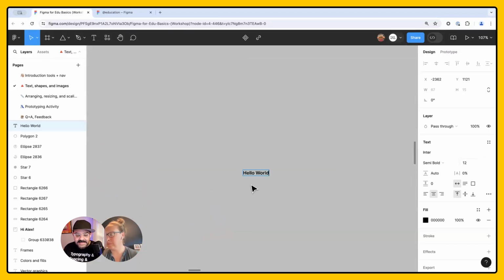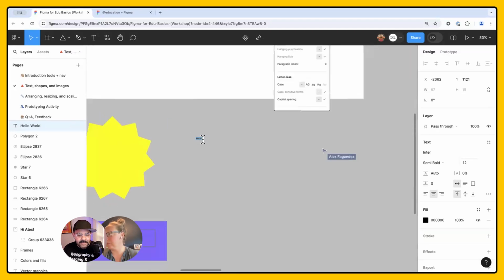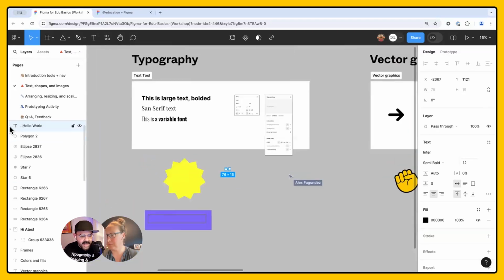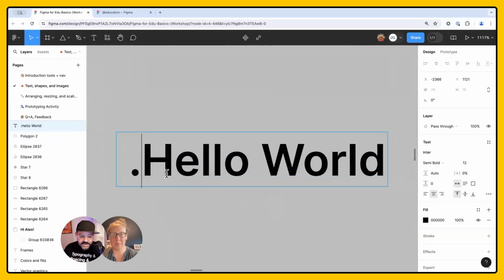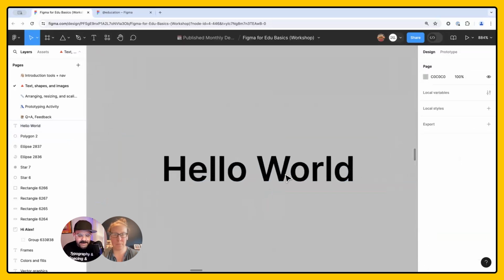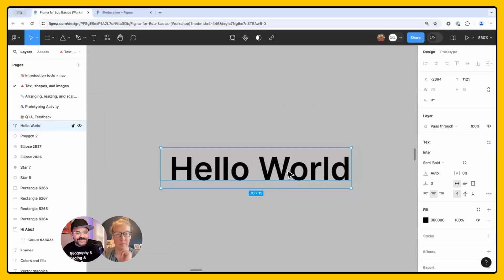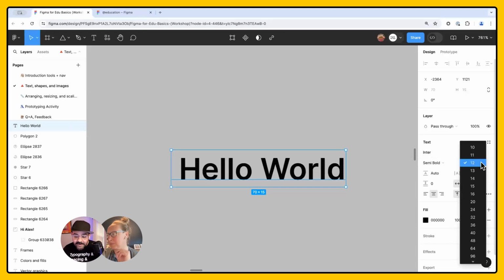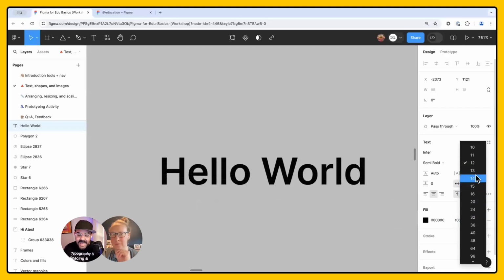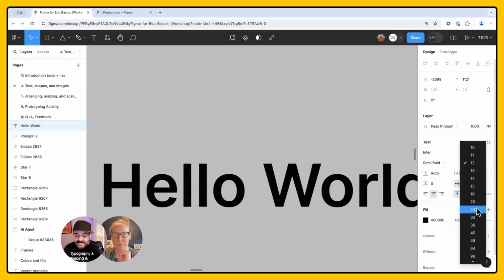So once again, the text field, if I want to, I could just double click on that text, right? Let's say I'm zoomed all the way out. I could double click on that text and I go right to it. And the same as the shapes, when I select this object, you see it's on the canvas. I could see it represented there in my layers. This text tool, I can begin to change its properties. So if I want to change the font size, I can click right here, and you'll see kind of like a scale of numbers. Let's make this text just a little bit bigger.